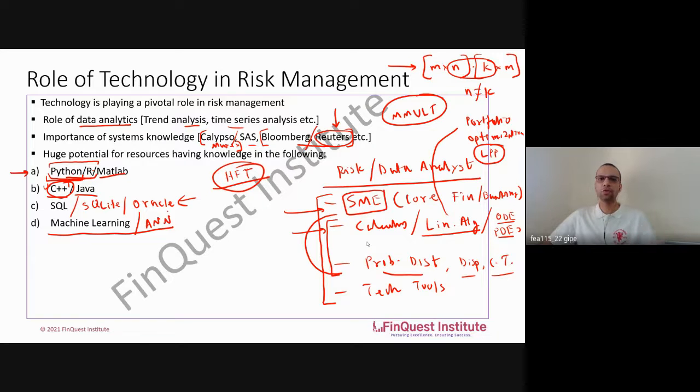So we will not do too much math. We will do as much math as is required, but we try and relate it with the financial concepts which we are trying to understand. Let's say we talk of a geometric Brownian motion or a Wiener process. We try and relate it with a Black-Scholes portfolio and then try to understand why that concept is important. So even when you study these concepts going ahead, try to relate them with the underlying concepts which you have studied along the way, so that once you have a certain end goal or application in mind, understanding these concepts becomes easy.